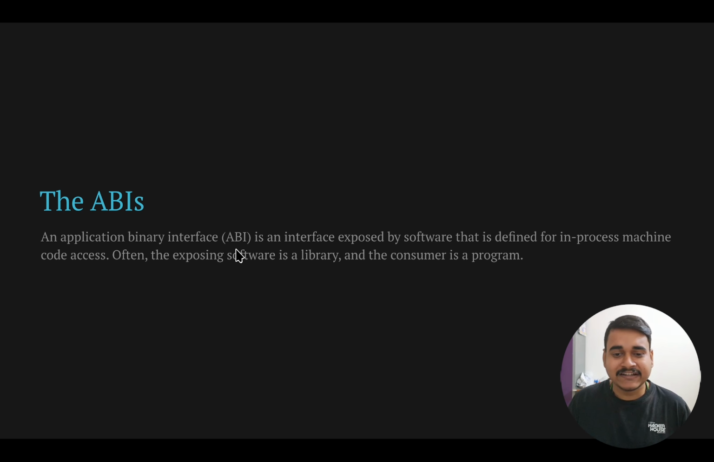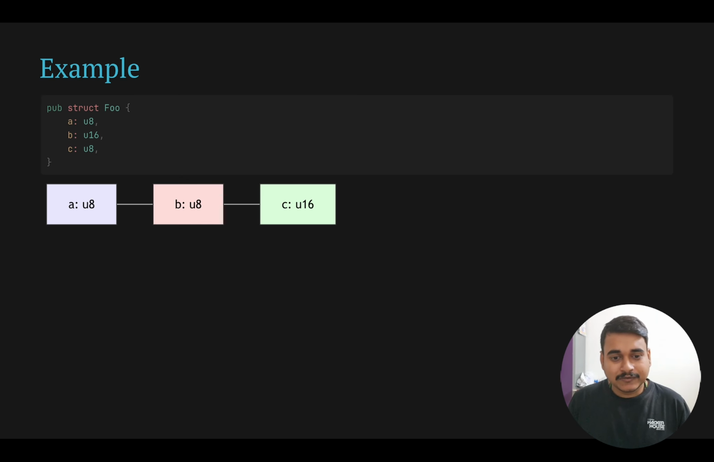An application binary interface is an interface exposed by software that is defined for in-process machine code access. Often the exposing software is a library and the consumer is a program. Easy. There is this library, there is this program, and they can communicate with each other. How? The program can call a function from the library, and that's how it works. This is ABI, application binary interface. Think of it as an API for libraries. So once we are done with it,